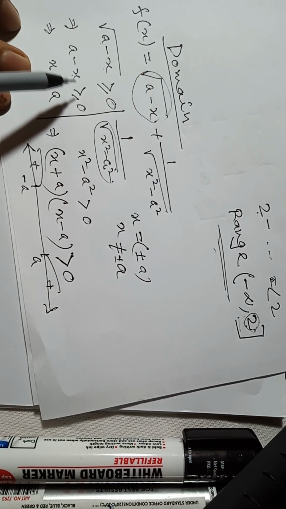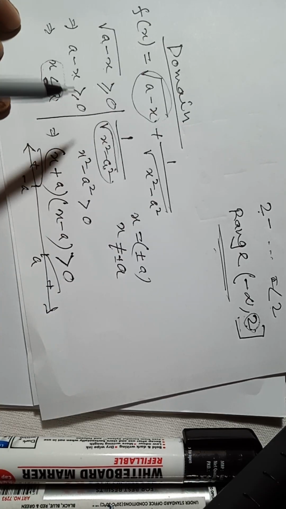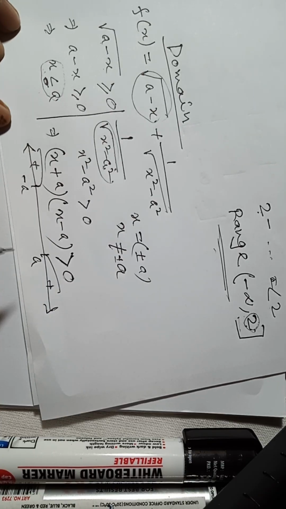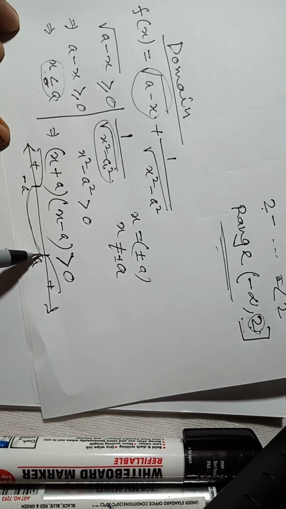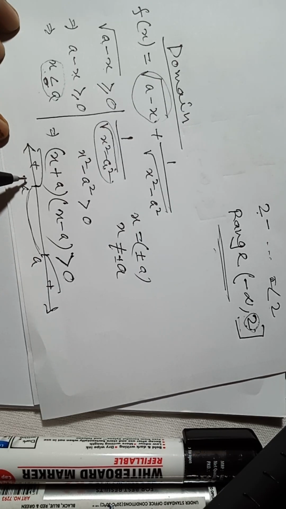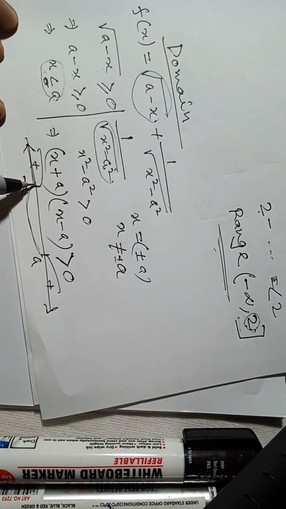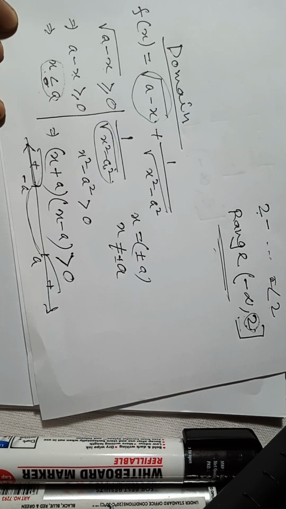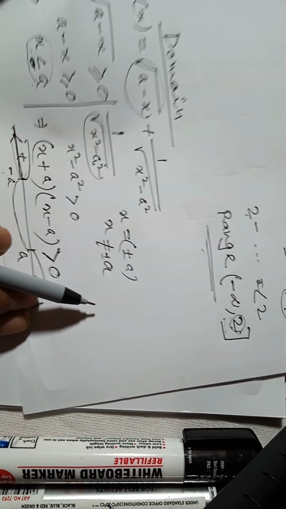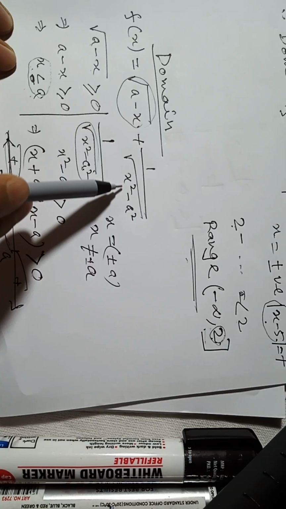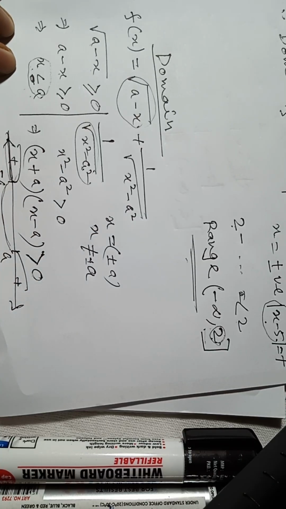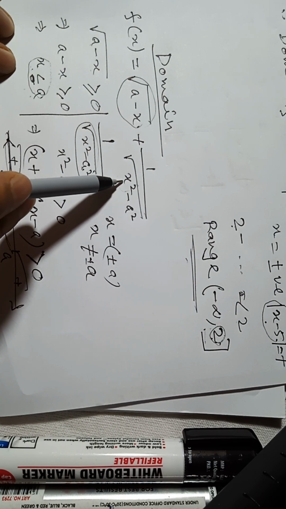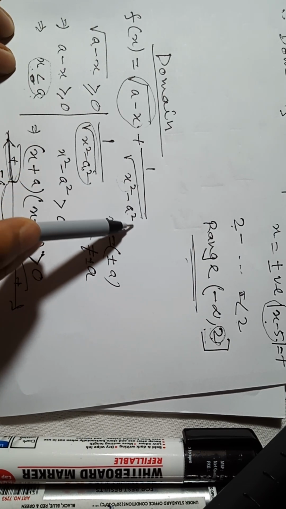But here we check our value of x is less than a, so less than a, and it cannot lie from minus a to a. Here x less than a, so our value of x is minus a. We can check it if x is less than a, here less than a to square, and a this